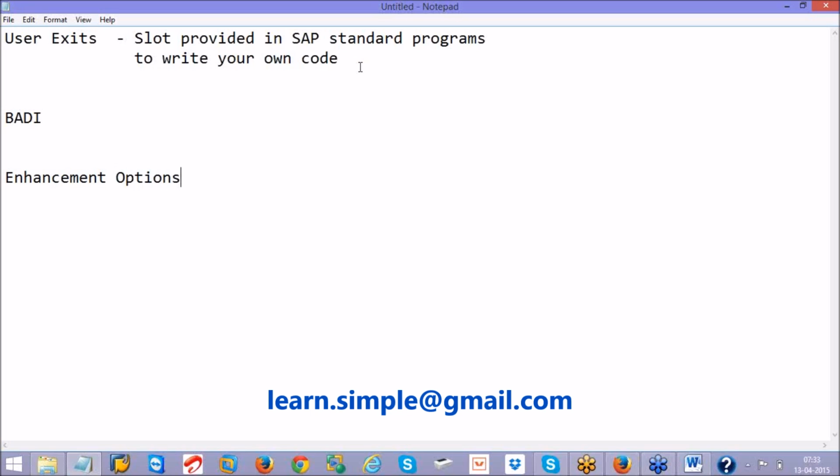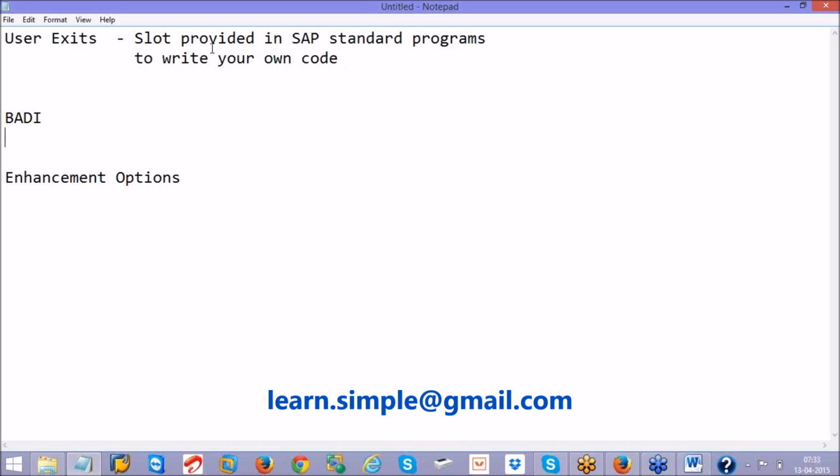So these two techniques, BAdIs and enhancement options, are also used for the same purpose. That means these are also the slots provided in standard SAP programs to write your own code, that means to enhance the standard SAP programs.